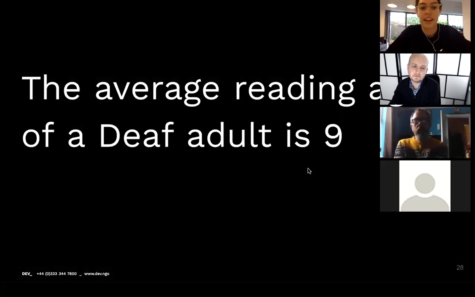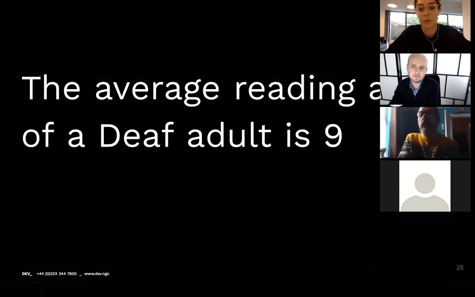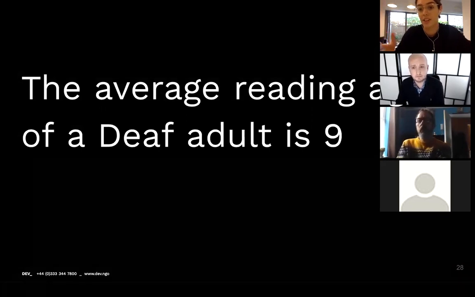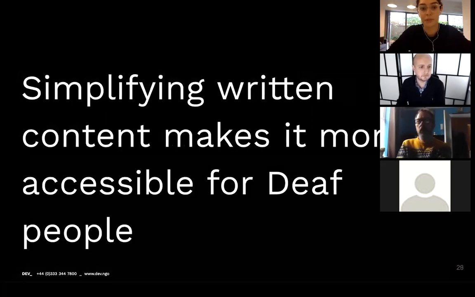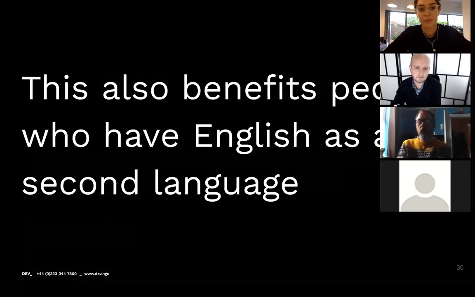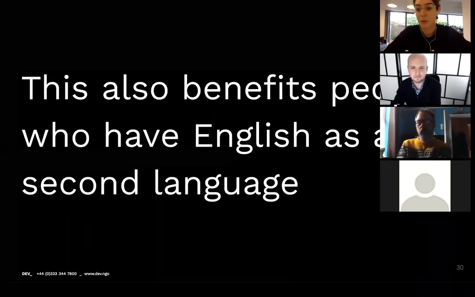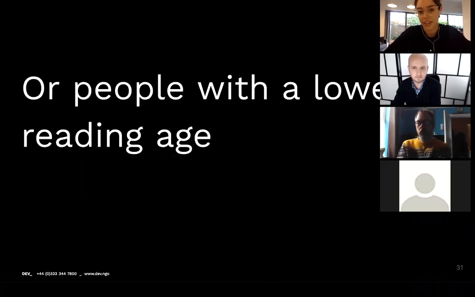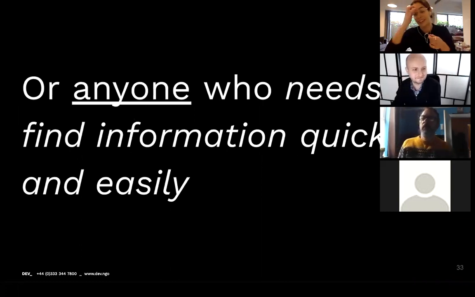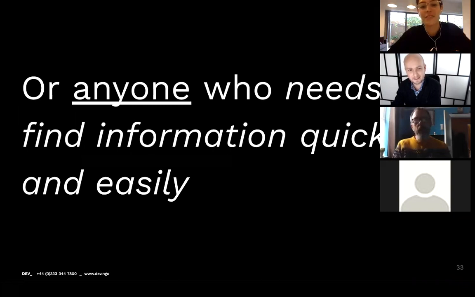is that the average reading age of a deaf adult is 9. So if you're thinking about designing content that's accessible to deaf adults, you might want to think about pitching your web content to have a reading age of around 9, so it's accessible to most people. So simplifying written content will make it more accessible for deaf people, but it also benefits people who have English as a second language if you're writing in English, or people who have a lower reading age on average. It makes life a lot easier for dyslexics, and yeah, Paul's agreeing there, or anybody who needs to find information